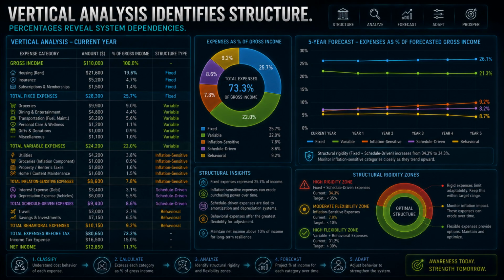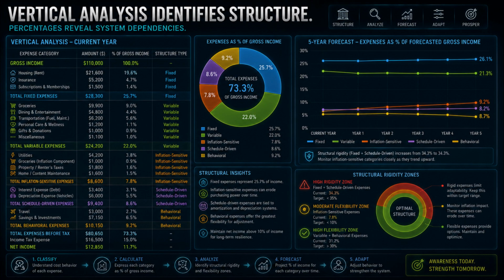So now we begin vertical analysis. Vertical analysis expresses expenses as percentages of gross income. This allows us to identify structural rigidity, scalability, and dependency relationships. For example, transportation may represent 10% of gross income, groceries 9%, insurance 5%, utilities 4%. This matters because many variables behave proportionally to income, meaning they may be forecast as functions of income itself, as I've mentioned. If future income grows 5% annually, some expense categories may naturally scale with that growth, and this creates